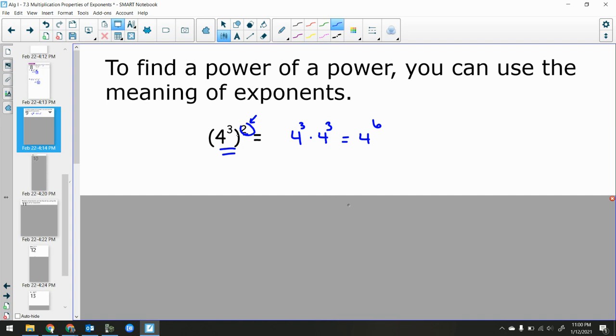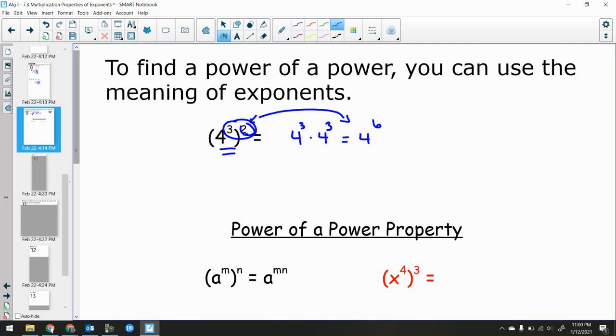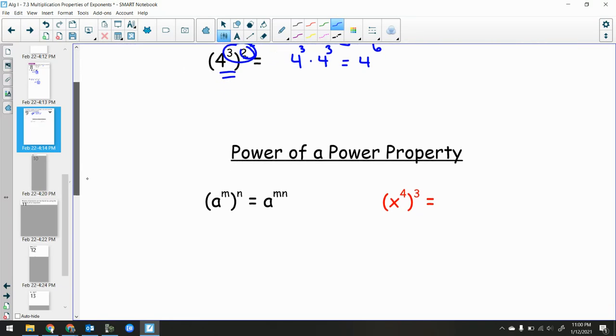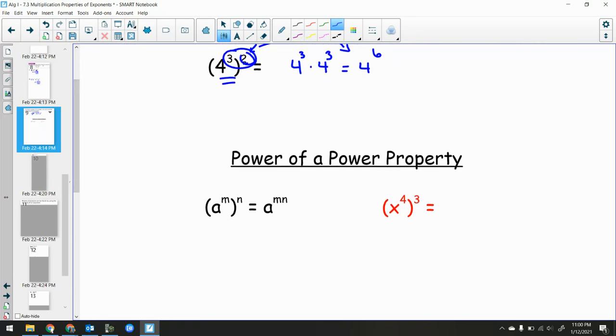So how did we get there shorter? How would we be able to do that shorter? Well, what's the relationship between 3 and 2 to make it look like 6? We multiply. And that's where the rule comes in. Okay. And again, what we're doing here is creating a list of rules that we can follow. So the power of a power, when I'm taking a power and raising it to another power, I have to multiply those exponents. So it's like a to the m,